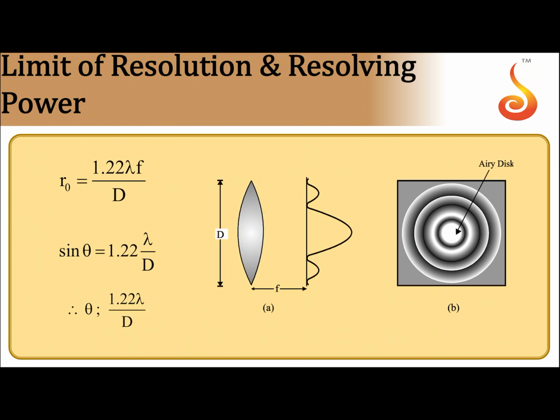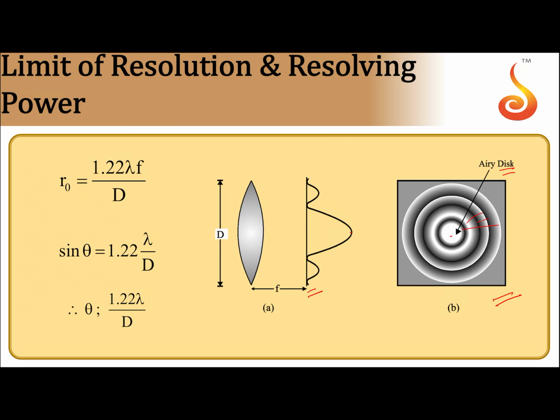Now here is a diagram to understand this. Let us say we have a lens through which you are observing a point source. When you observe a point source, or if you observe a coin, let us say, then it will form a diffraction pattern which will be as shown in this. So the intensity distribution will be shown along this graph. At the center there will be a central maximum, that is the central bright. That is named as Airy's disk. Beyond that there is dark, bright, so it will be a diffraction pattern. So this is the Airy's disk for one point object.